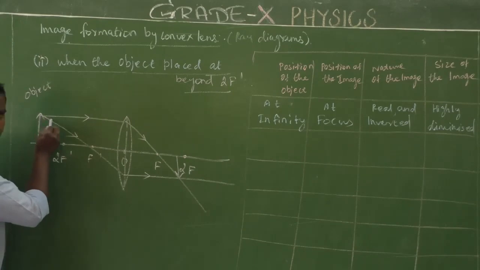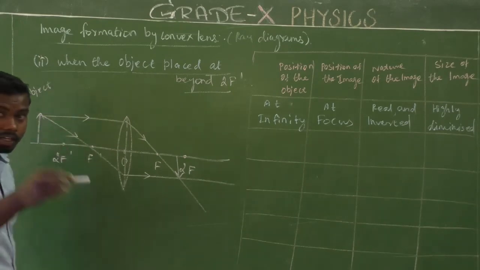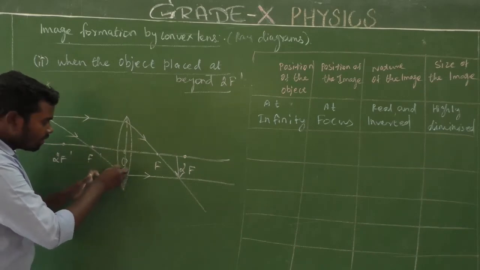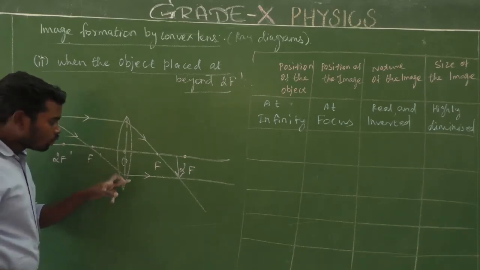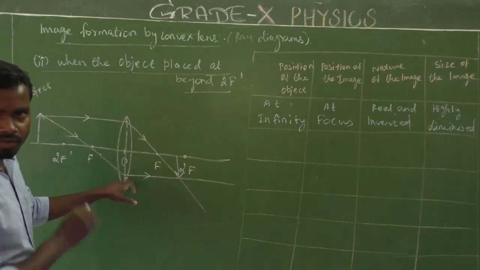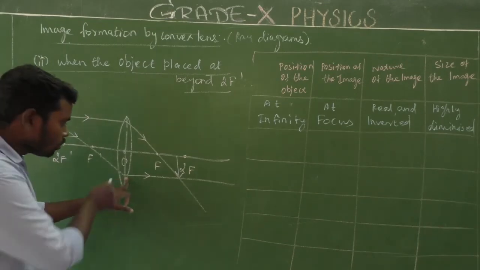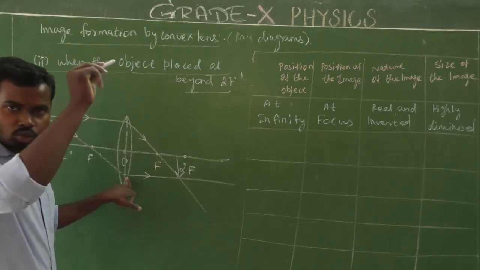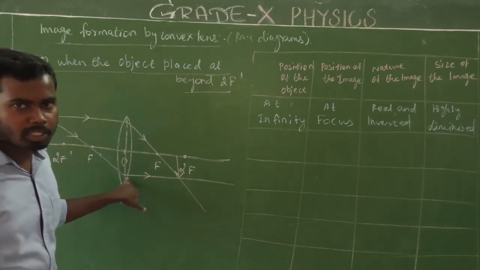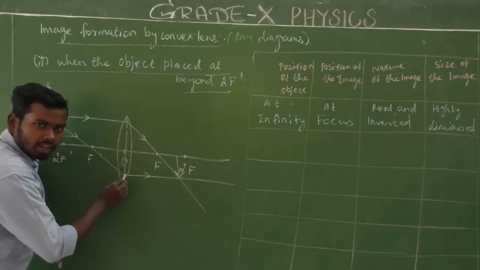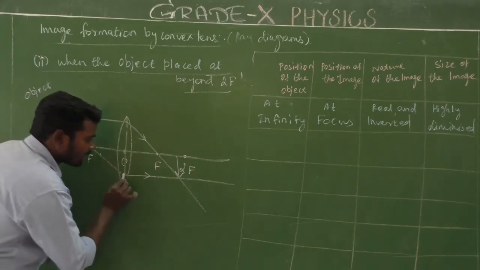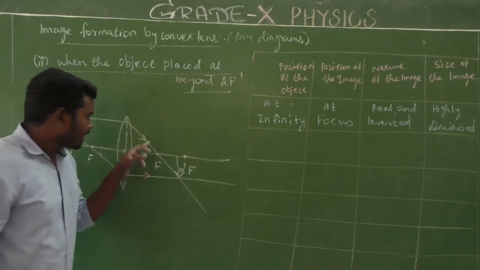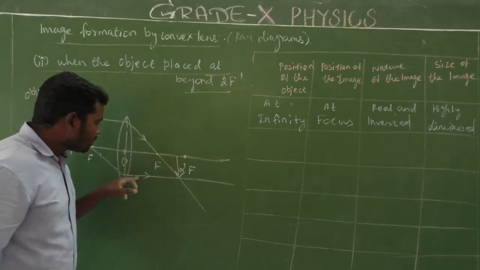Next, a ray of light which passes directly through its focus. Is it clear? Yes. The ray of light which falls on the surface of the convex lens, what will happen? Due to refraction, that ray of light's direction should change. Am I right? Now use the second rule. If a ray of light passes through its focus, then it becomes parallel to the principal axis. Am I right? Yes. Then after refraction, this ray of light becomes parallel to the principal axis. Is it clear? Yes. So this is one refracted ray and this is another refracted ray.